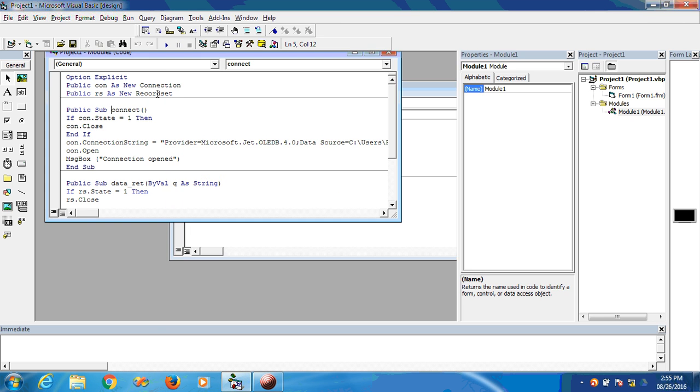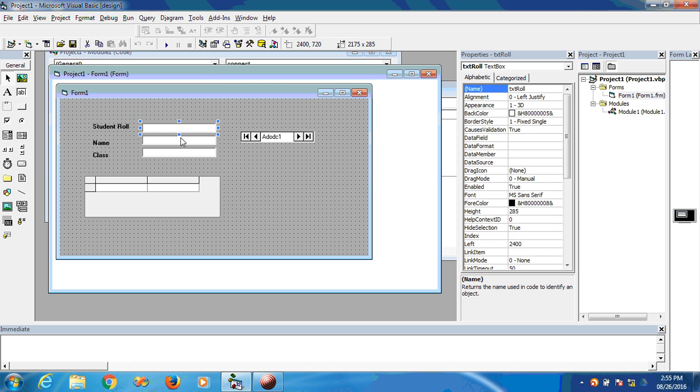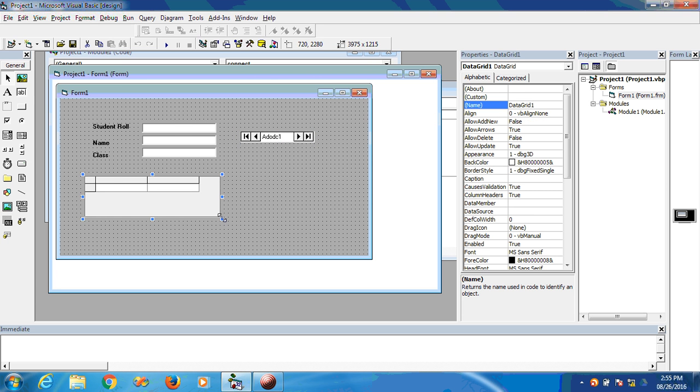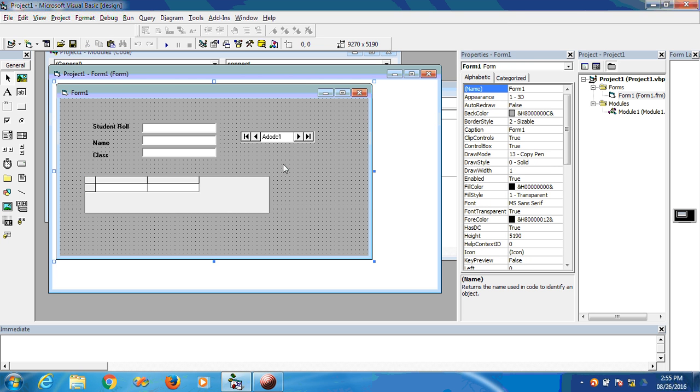See the code. We have one form on which we have three text boxes: txt roll, txt name, txt class. And we have taken an ADODC control to create a connection string and a data grid, so that we are going to display the data into the data grid. For the connectivity, we have just